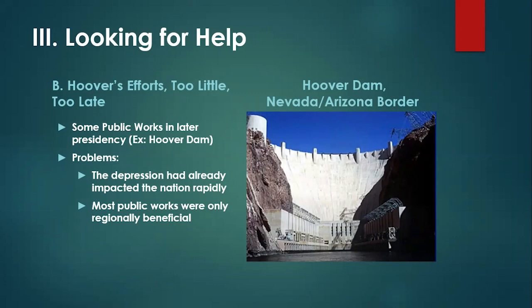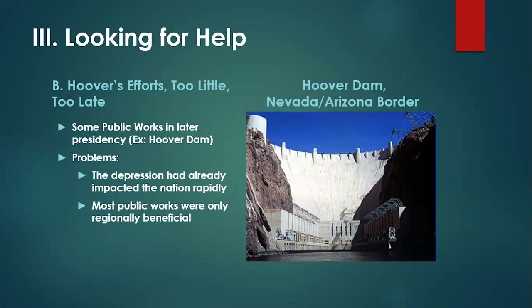So what he really did is he invested in some public works projects, okay? And these were very beneficial to the regions where they were, but they were not really helpful to easing concerns throughout the nation. So, for example, on one very well-known project that he ordered the construction of is what became known as the Hoover Dam, right near the Nevada-Arizona border. And it was very beneficial for people in the region, okay? Created all kinds of jobs, provided various services that called for other types of jobs, all kinds of money going into this thing here,